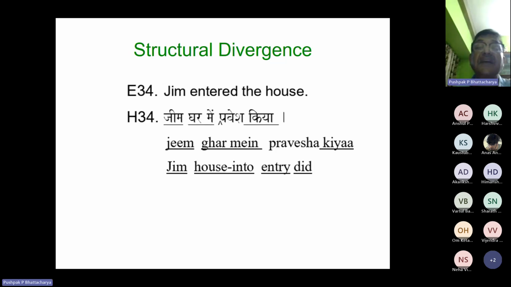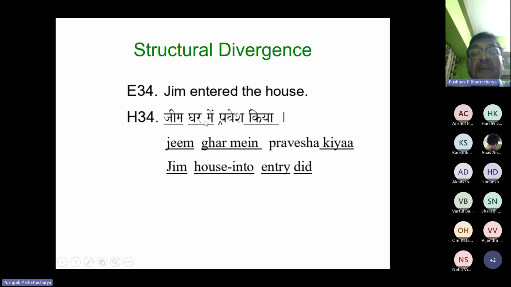Conflation divergence, structural divergence. Jim entered the house. Jim घर में प्रवेश किया. So entered has become pravesh karna. Okay, so entered the house. For some reason, this is given the name structural divergence. So it is actually a form of conflational divergence, but structural divergence is a special kind of conflational divergence. Now,